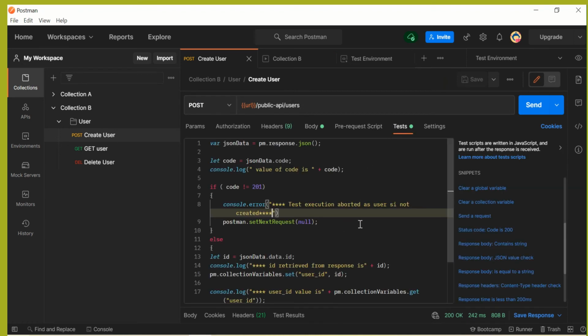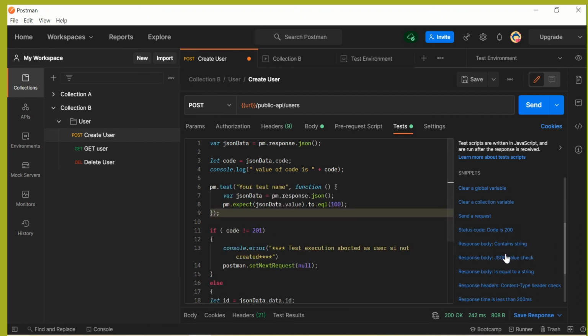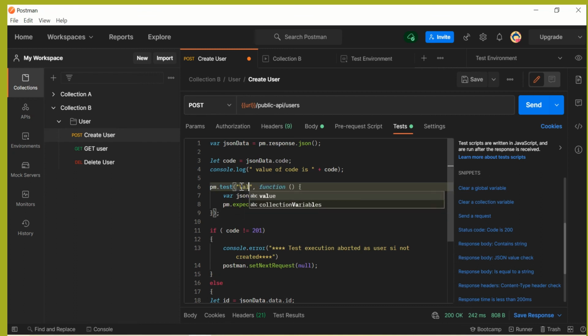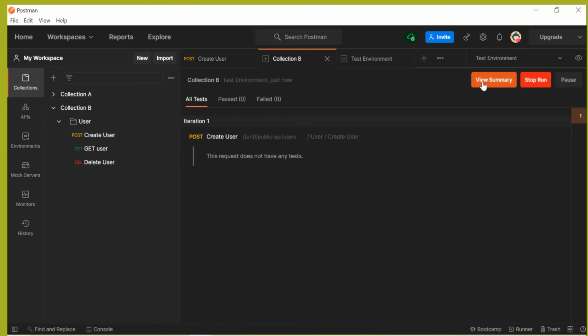In fact, we can also add an assertion here, for a particular value check, and here we can validate code, and say that check if the value of code is 201. And if we save this and if we run our collection,